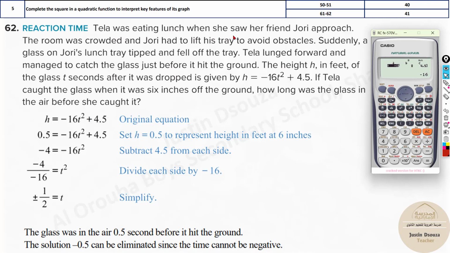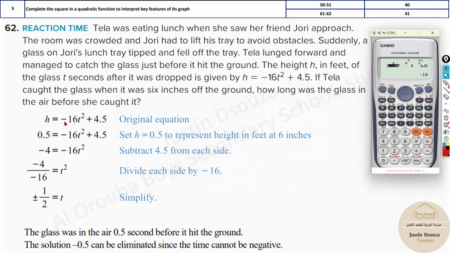Tela was eating lunch when she saw a friend, Jory, approach. The room was crowded and Jory had to lift his tray to avoid obstacles. Suddenly, a glass on Jory's lunch tray tipped and fell off the tray. Tela lunged forward and managed to catch the glass just before it hit the ground. The height h in feet of the glass t seconds after it was dropped is given over here. If Tela caught the glass when it was 6 inches off the ground, how long was the glass in the air